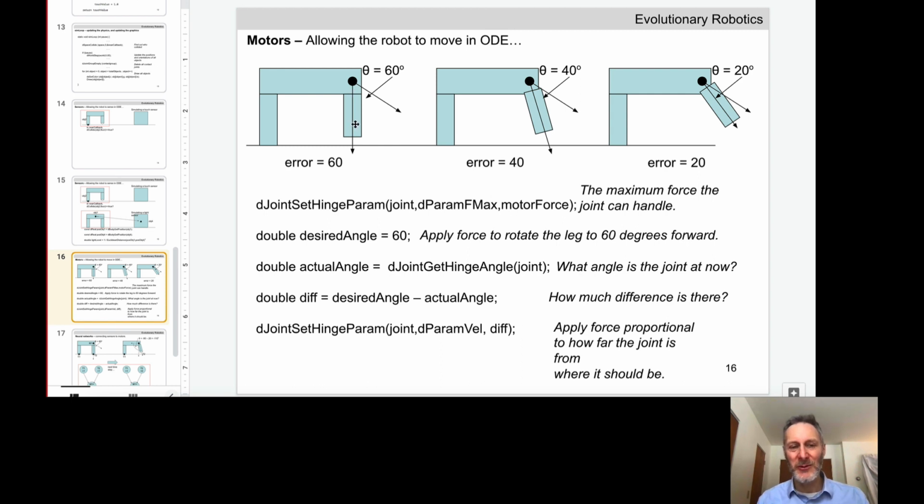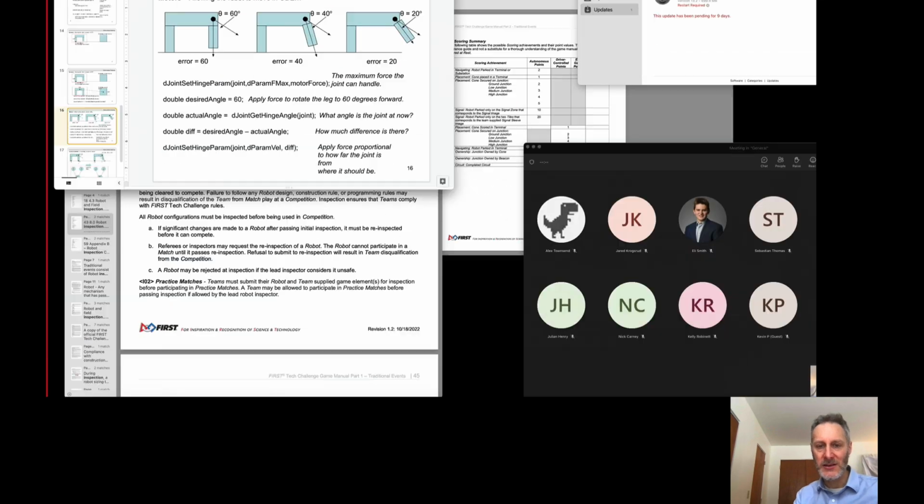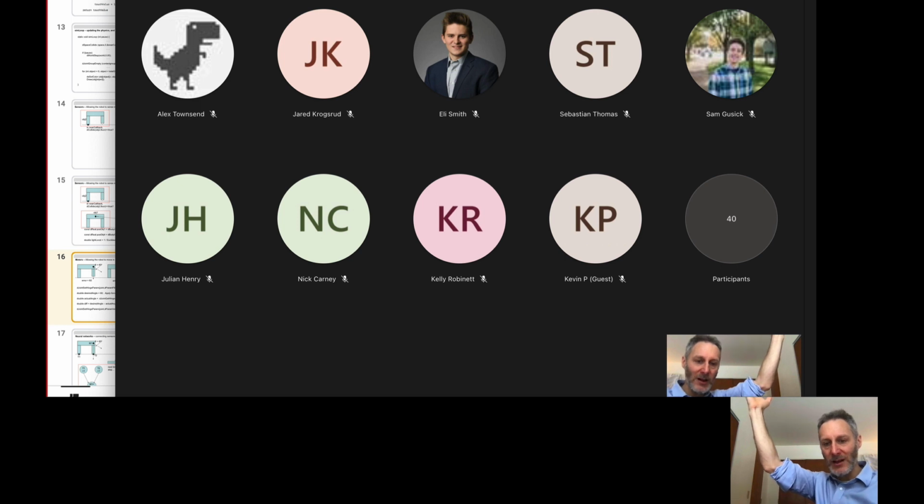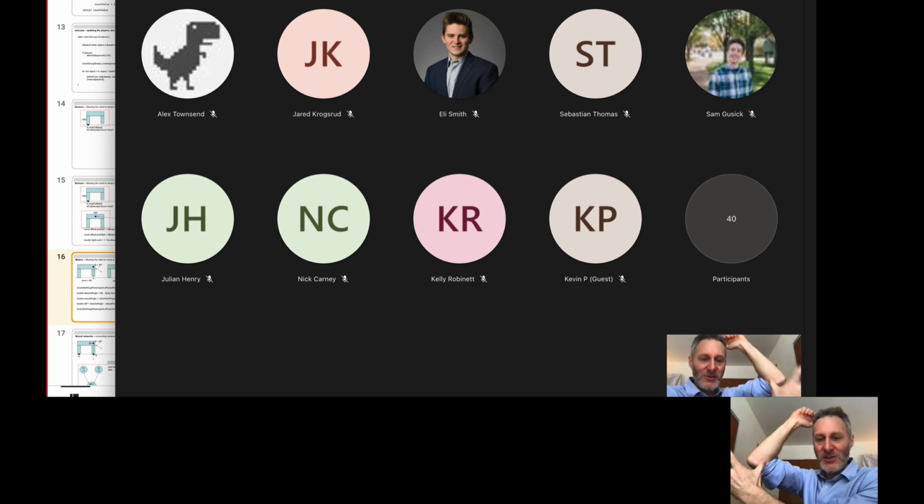This can be a little bit confusing because if you look at this object and this object, it looks like their relative orientation is 90 degrees. Doesn't matter what it looks like. When you connect them together, their default orientation is 0 degrees. So if I create this object and I attach them with a joint, the relative rotation between these two objects is 0. If I create this object and connect them together with a joint, their